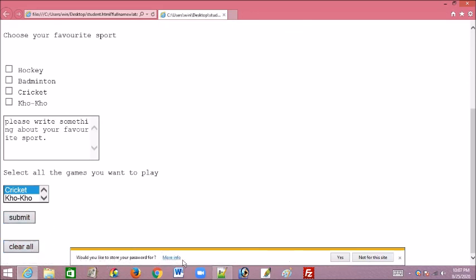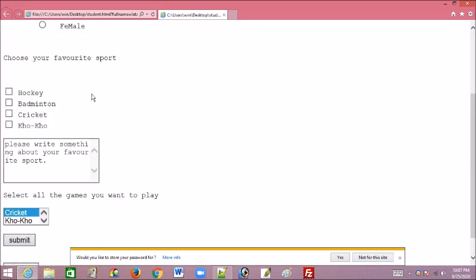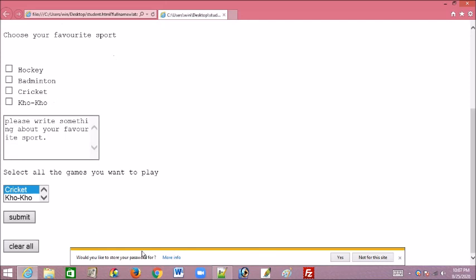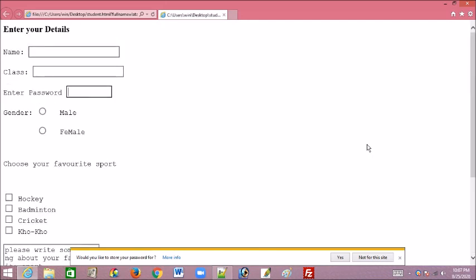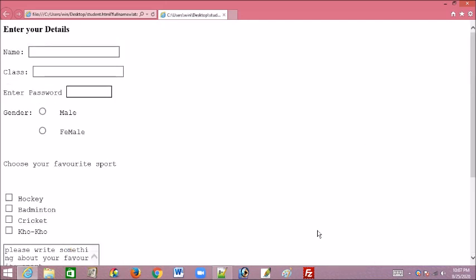And here we are getting a message, like here we have a password also. So is it okay for you to send your password through this form, that it was asking. That is out of our syllabus. So I hope you understand, students. This is how we have to create a form in HTML.